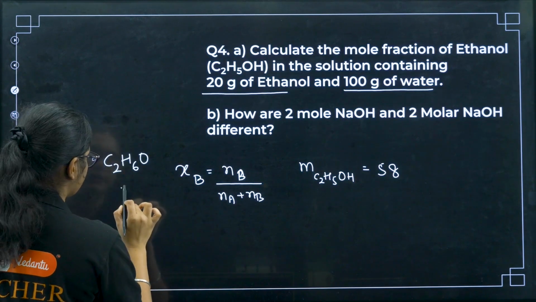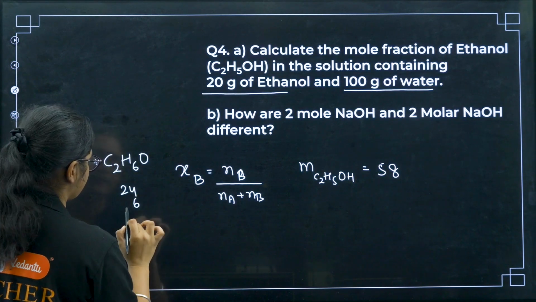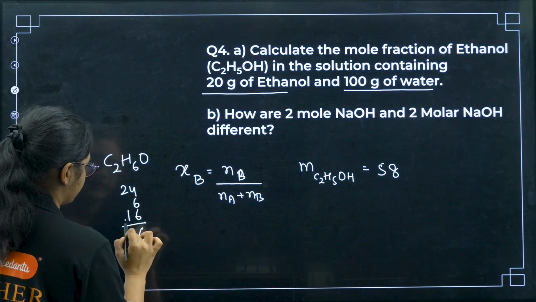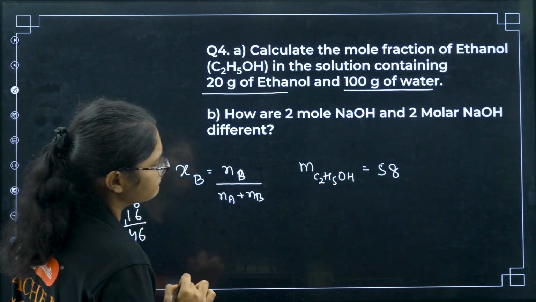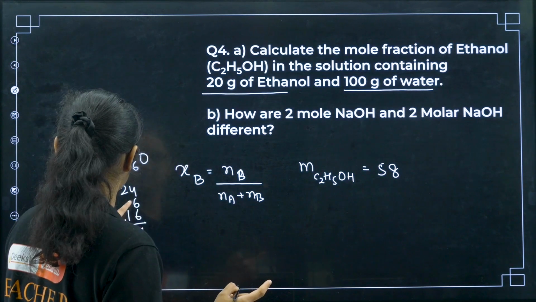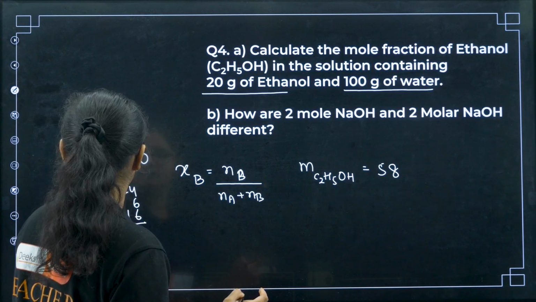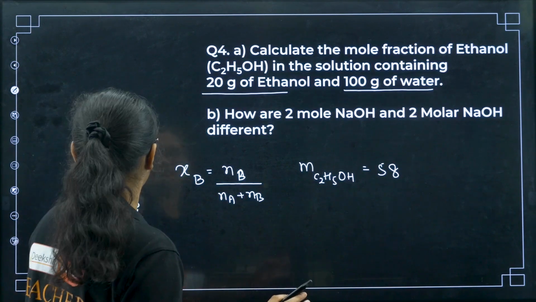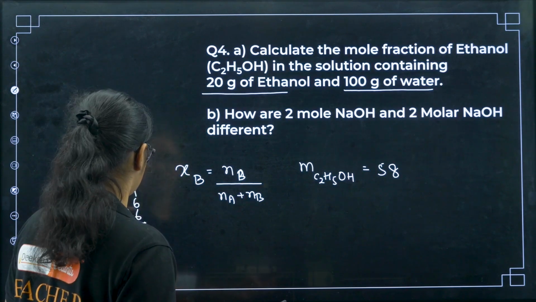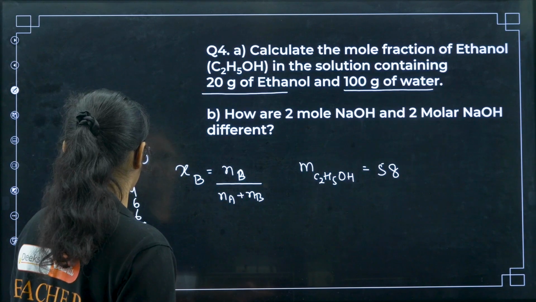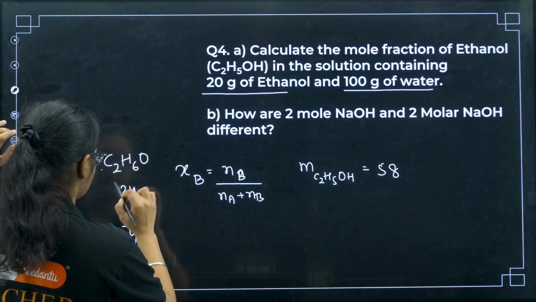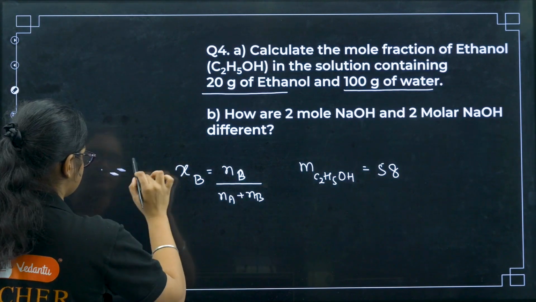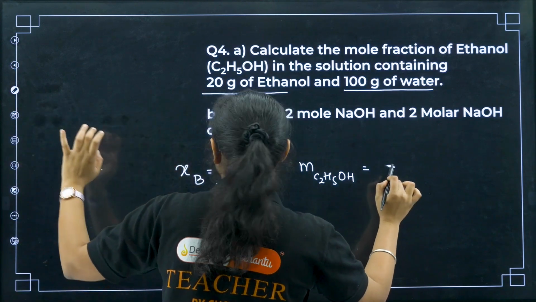C2H6O, so 12 2s are 24, then I have 6 and then I have 16. One second, I did wrong calculation. 12 2s are 24 plus 6 plus 16, 6 plus 10 is 16, 2 3 4. Yes, I did a wrong calculation here. So yes, I am very poor at calculation, students, so please forgive me. Mass of this one is